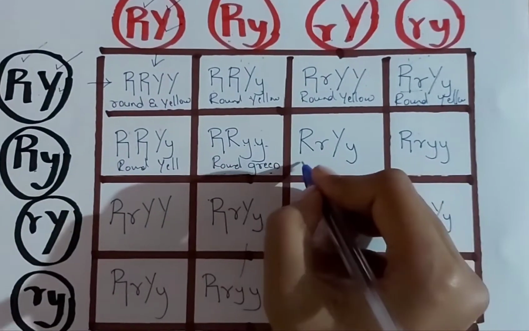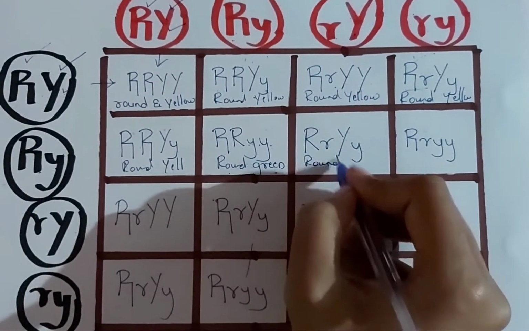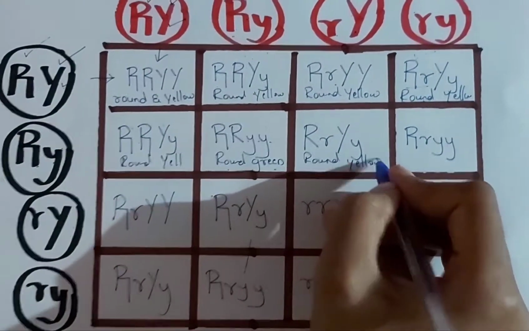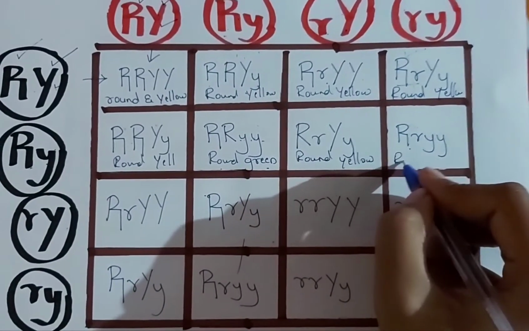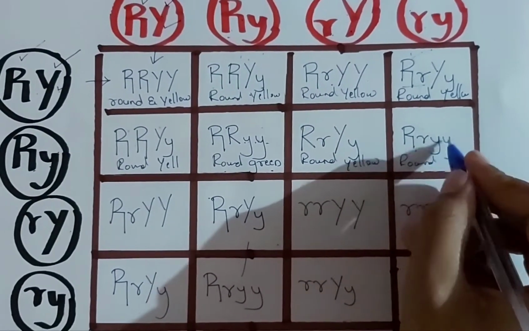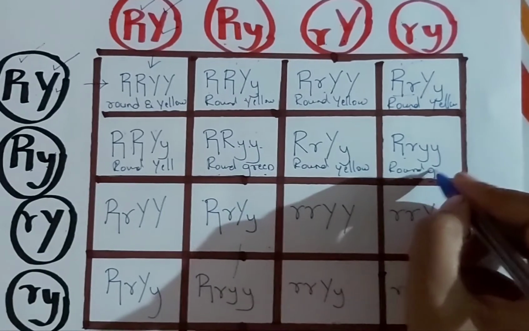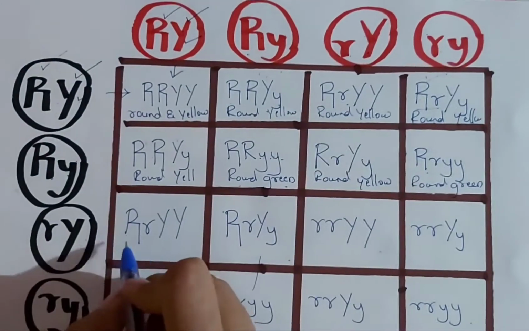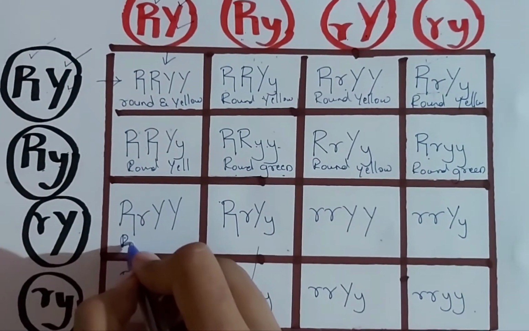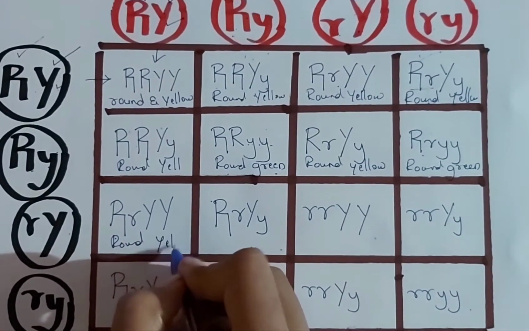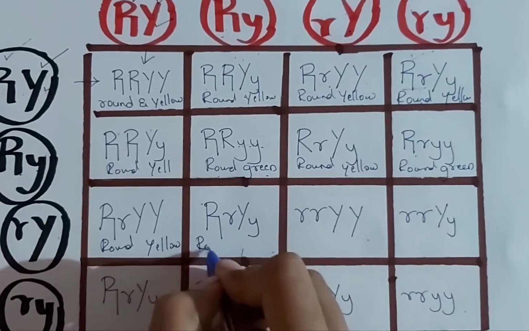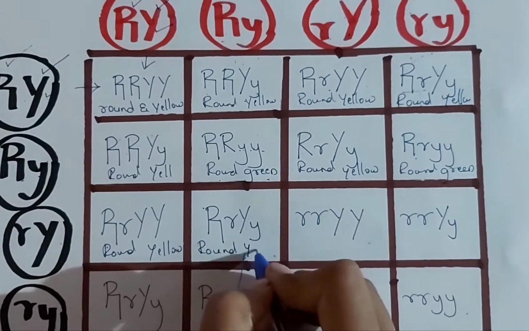Okay, so here also it is round and yellow, and here also you see round, but here also small y, so it is green. Okay, so here again round, yellow, round, yellow,